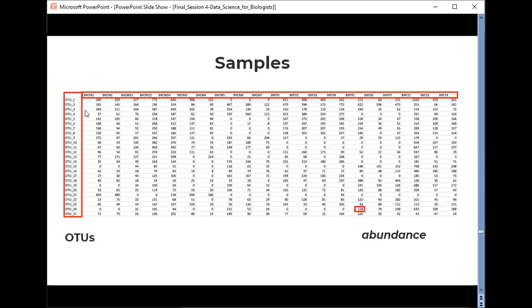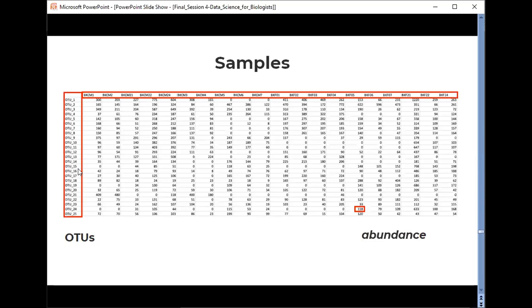Here in the column we have OTU, and here we have samples. How much each OTU is present in a particular sample is what we call an abundance table. It is something like a gene expression table, the only difference being that here we are considering OTU values instead of genes. These OTUs can then be further replaced with a particular species name.